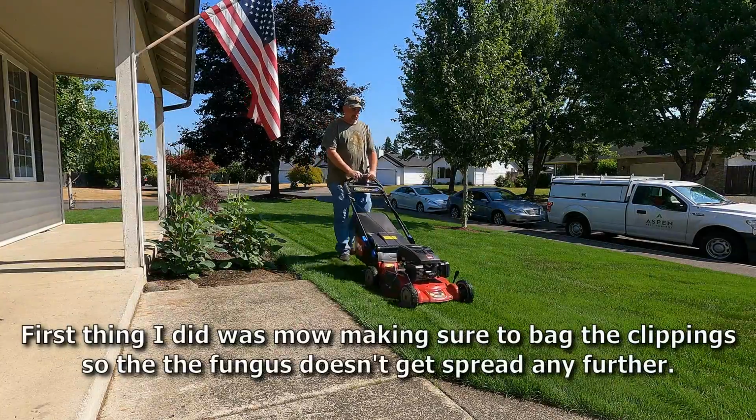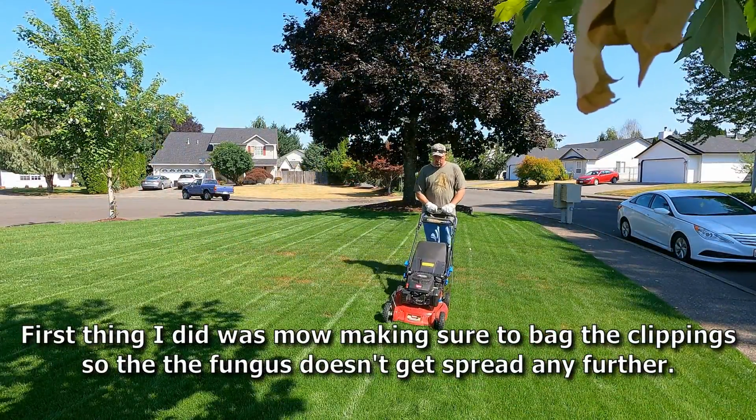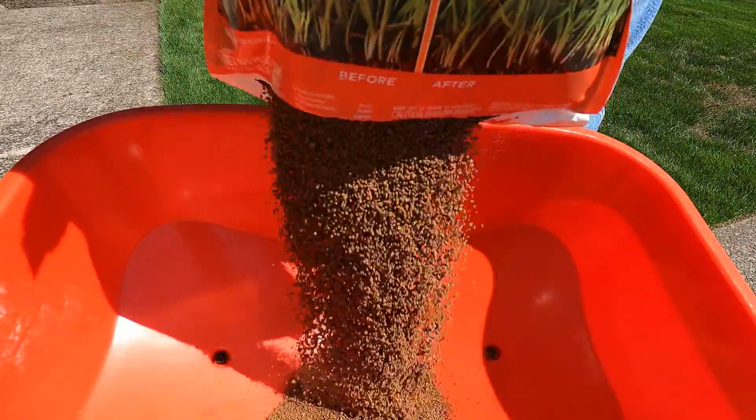Investigating further, I started looking around and I was finding places that did not appear to be affected, and I was still finding the mycelium all over the entire front yard. So I decided to forego the seeding for now, rake some of the stuff out, clean all the debris off the yard, and I ran to my local hardware store and grabbed some Scott's Disease X, which has azoxystrobin in it, since I did the